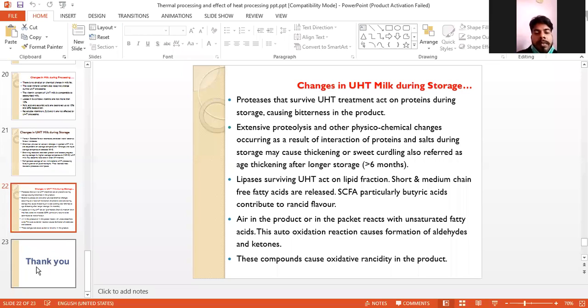So these are the things which take place in UHT milk, and so we have to be very conscious in utilization of milk. What points do we have to consider so that we can get a proper UHT milk without any type of off flavor or any defects. So these are the points we have to discuss today. Another topic we have discussed now is